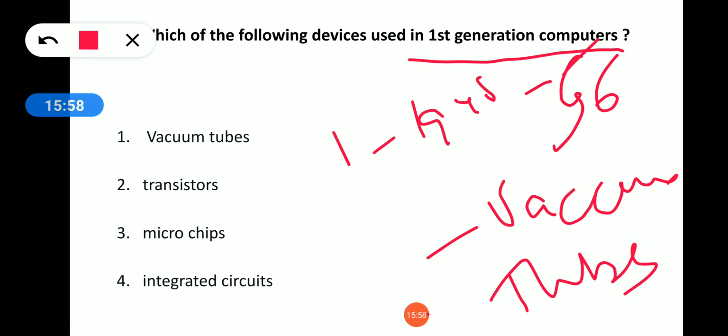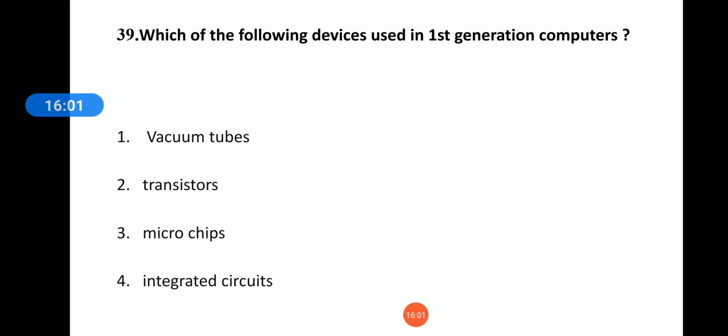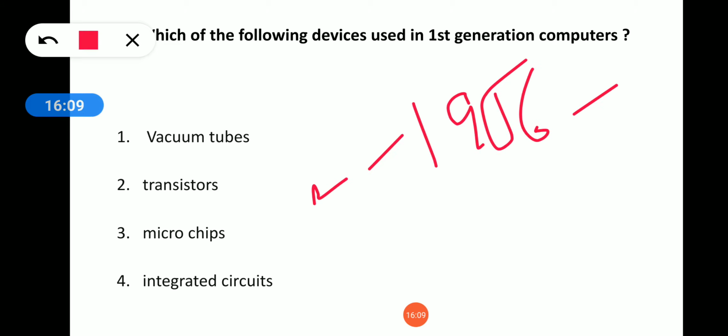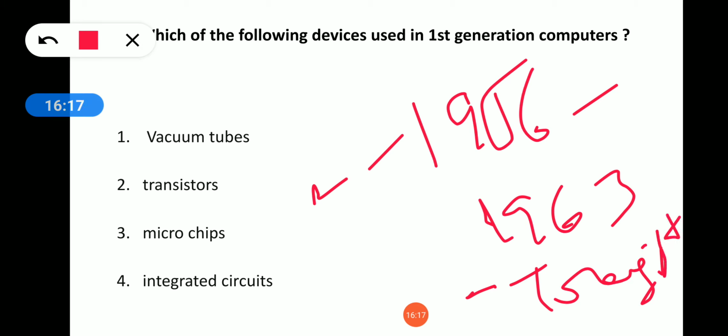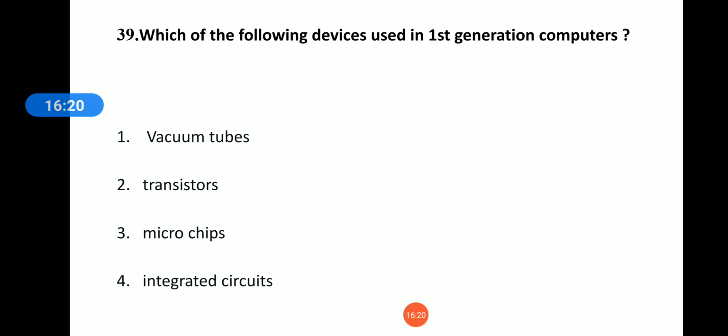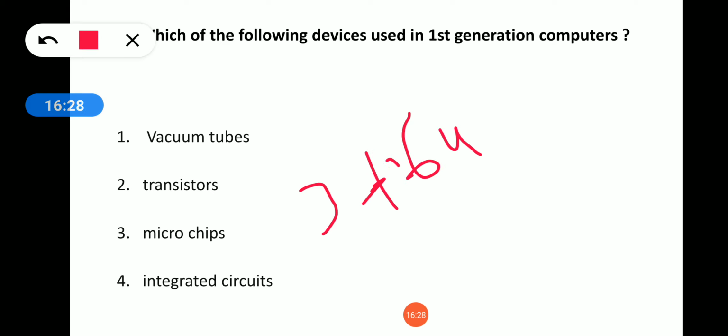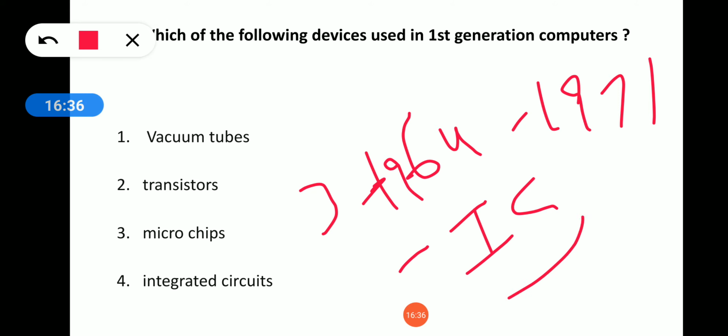Going to the second generation, from 1956 to 1963, the main devices used are transistors. The third generation is from 1964 to 1971. The main devices used here are ICs, that is, integrated circuits.